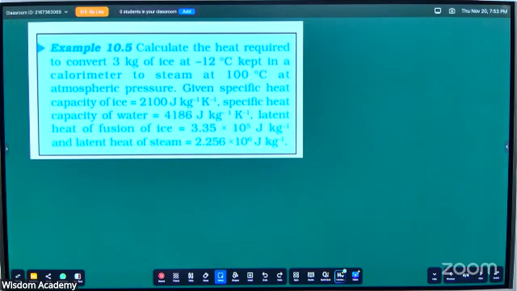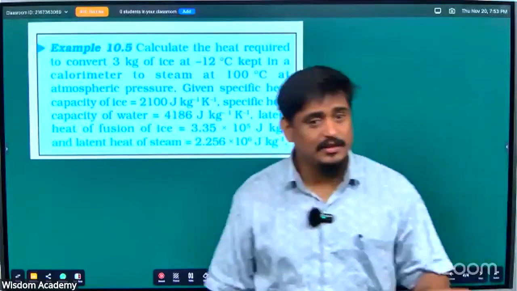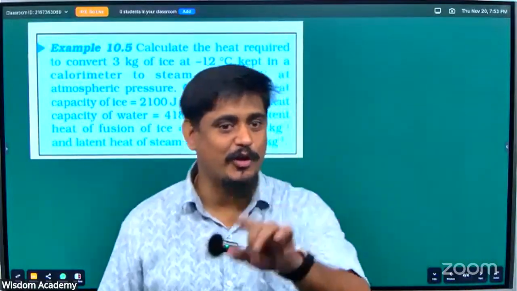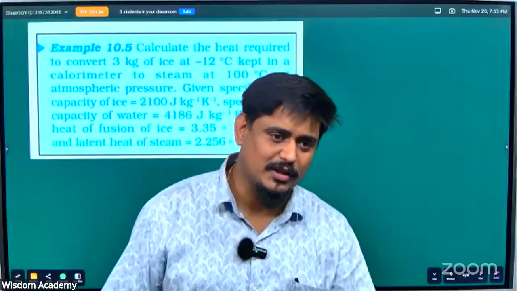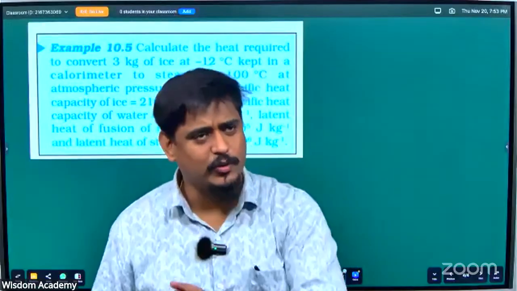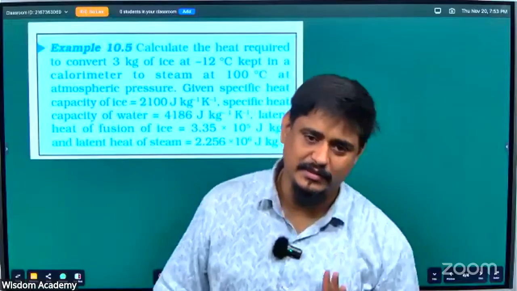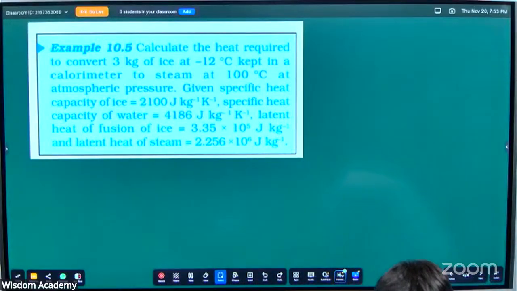Q1, Q2, Q3, Q4. First you want to convert minus 12 degree ice into 0 degree ice. You will use mc delta T. Then you have to convert 0 degree ice to 0 degree water, mLf. Then you have to convert 0 degree water to 100 degree water, mc delta T. And once again, you convert 100 degree water to 100 degree steam, mLv. So if you use all these formulas correctly and add all the 4 values, you get the answer. Don't take more than 5 minutes, just basic multiplications and additions. Do it fast.